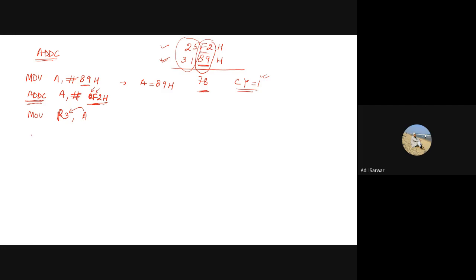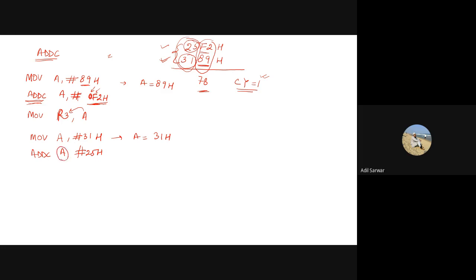Then I have to add the upper 8 bits of the 16-bit numbers. So I move A comma hash 31H. What this instruction does is A will now have 31H. And after that, ADDC A comma hash 25H. Now these two upper 8 bits, 25 and 31, of the 16-bit numbers get added, and